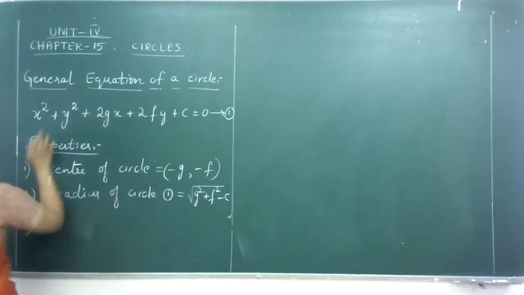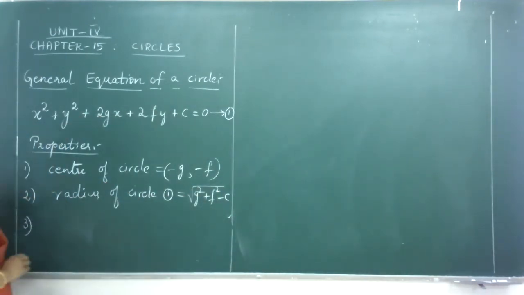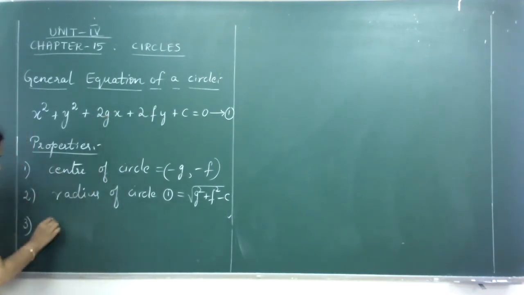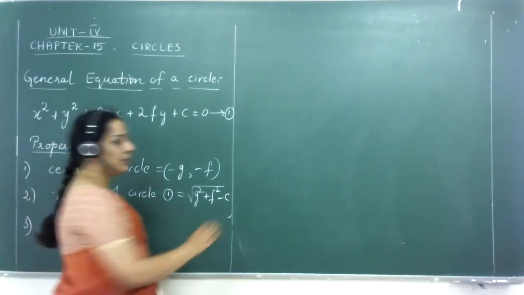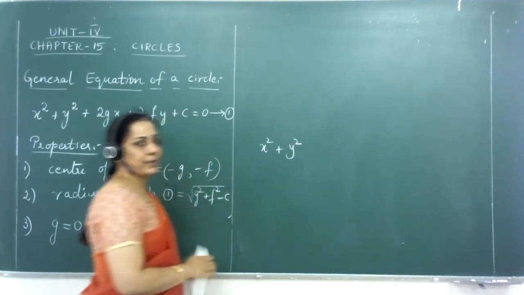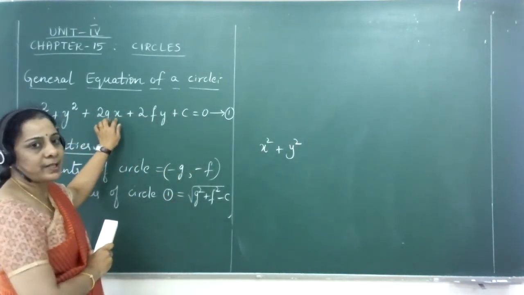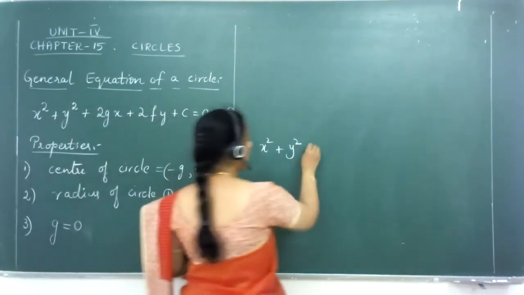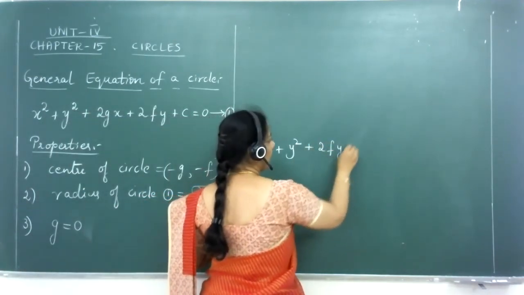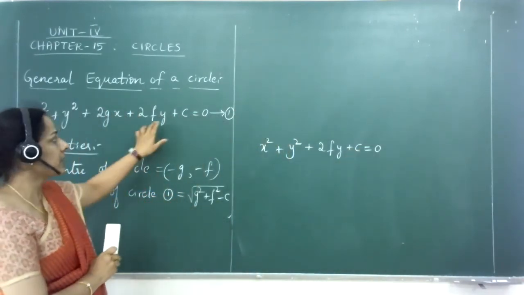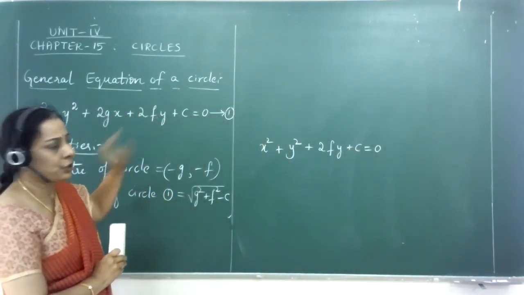Now here in this general second degree equation, let me make this parameter g equal to 0. If I put the value g is equal to 0, equation 1 will then reduce to the form x squared plus y squared. Since g becomes 0, there is no term containing x. You will only have x squared plus y squared plus 2fy plus c is equal to 0. Only 4 terms in the non-zero part of the equation 1.